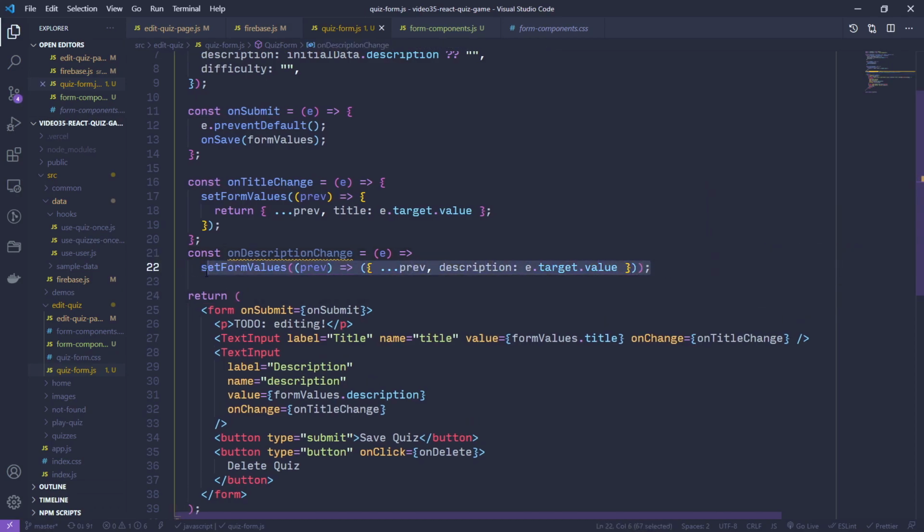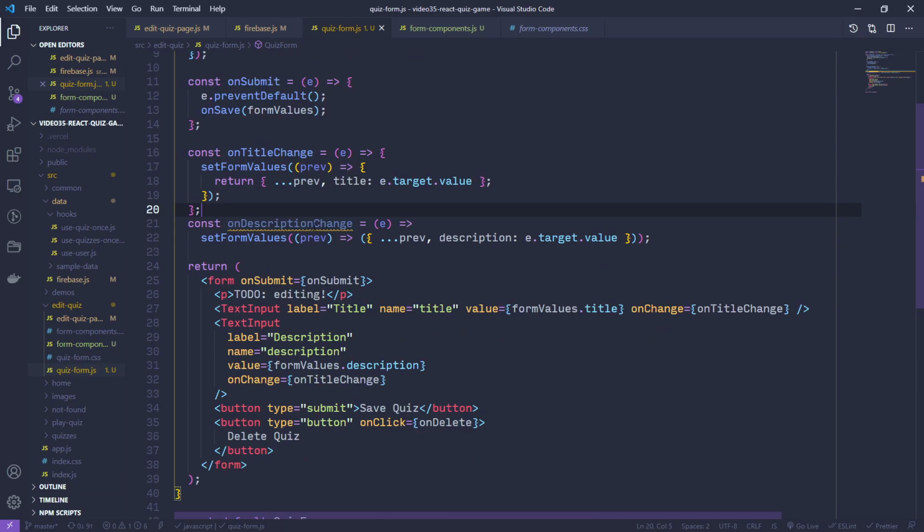So this line of code is the same thing as this line of code. I'm just using implicit return here to return the object that I'm creating without having to have curly brackets and an explicit return statement. So with that, we should be able to say on description change here,